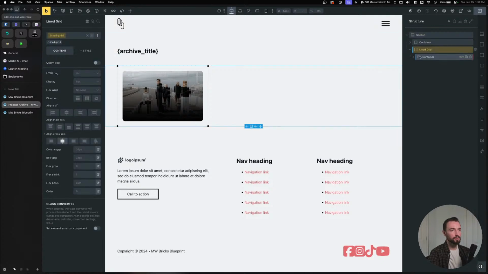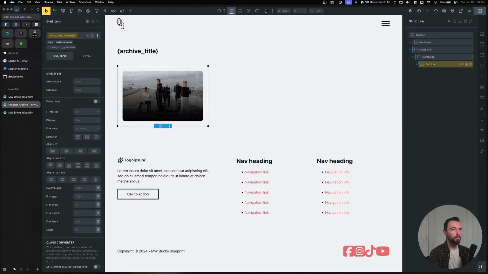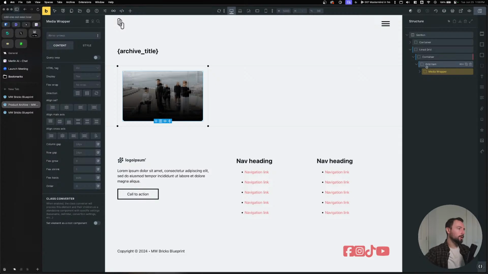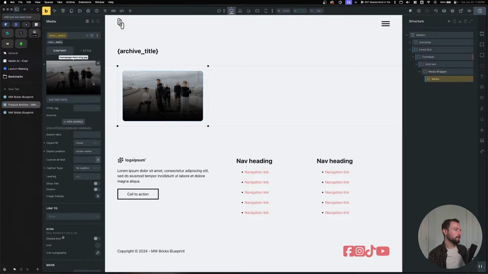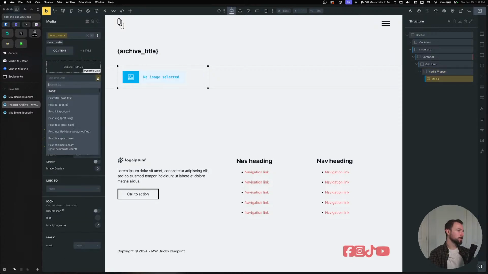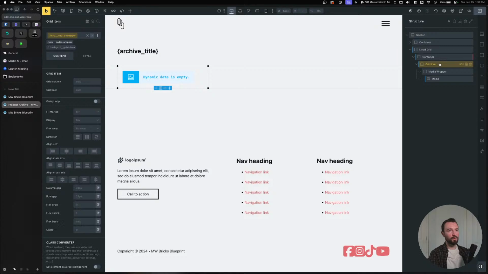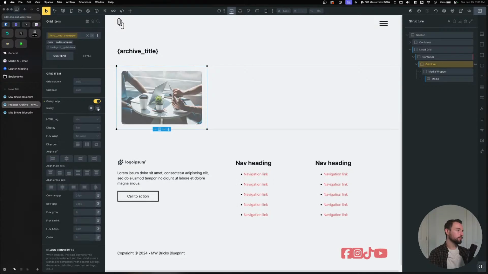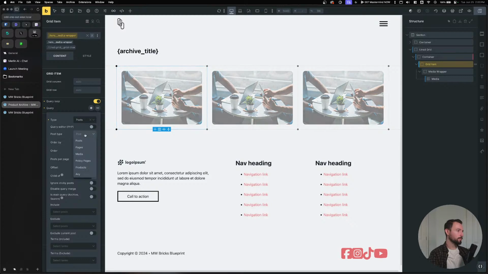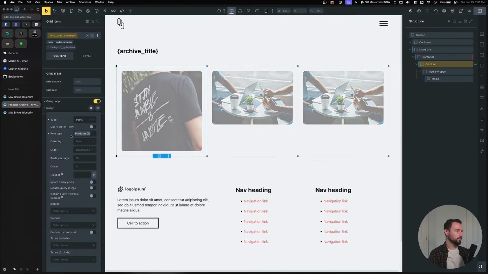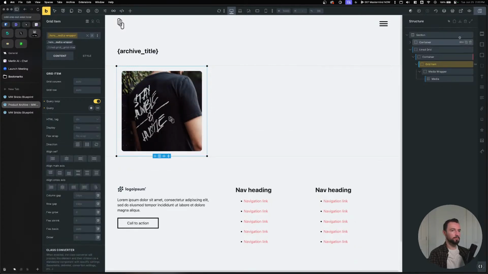So let's go line grid. I don't have any designs for this set. I'm just winging it right now. There's my grid item. My card will be inside. So I'm going to keep the media wrapper for now, and I can wrap this and everything else. This will be my featured image. So let's change this out. Featured image. And I want this grid item to be a loop. So query loop, posts, post type of products. Okay. And we're going to pull in